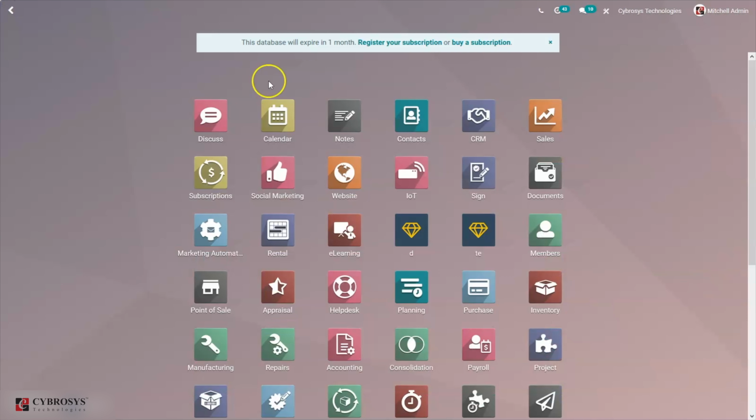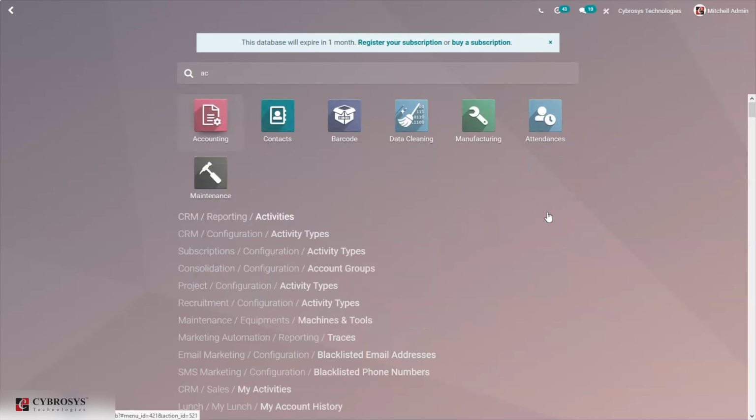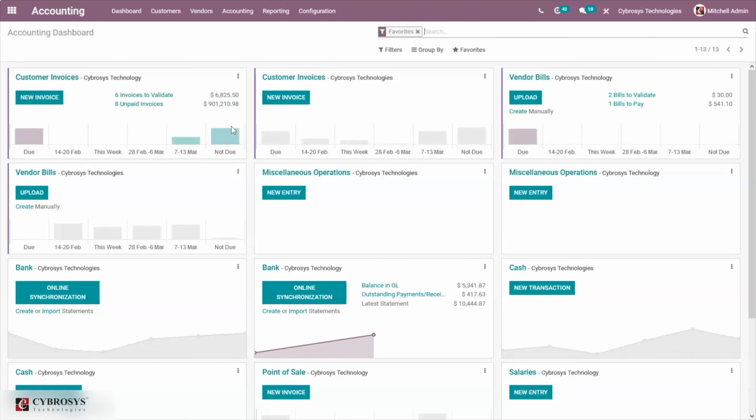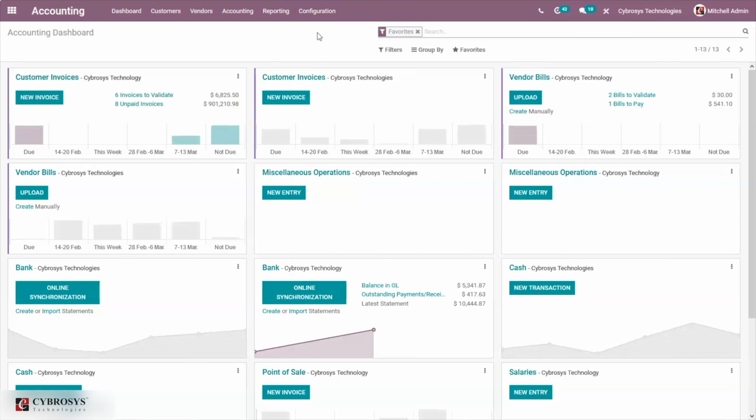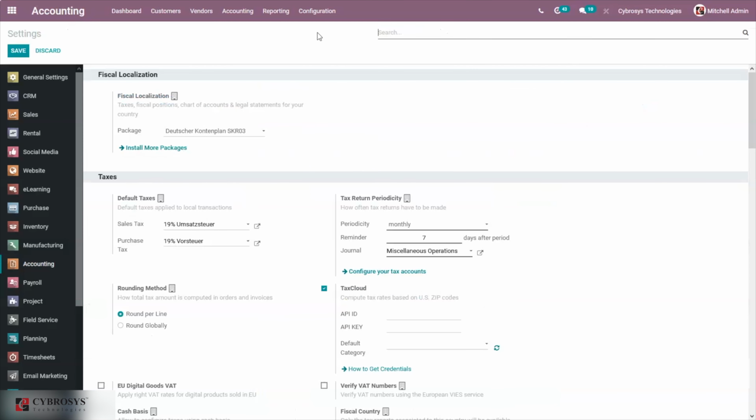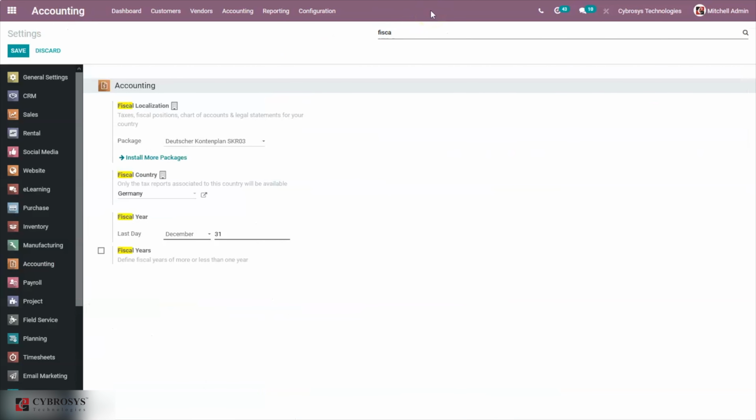Okay, so after setting up the company, you have to switch to that company. And now when you go to accounting, configuration settings, okay, when you search for fiscal country, you can find that Germany is automatically set.